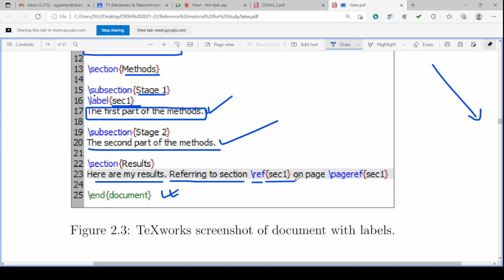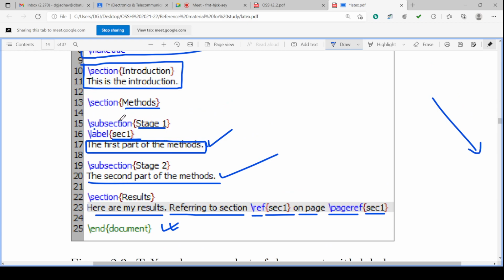In the results section, what we write is: referring to section \ref{sec1} on page \pageref{sec1}. So in the results we are referring to the section. If you click here, it will go to this particular section, stage 1. If you click here, it will go to this label. Or if you click this page reference, it will go to the page where section stage 1 is.